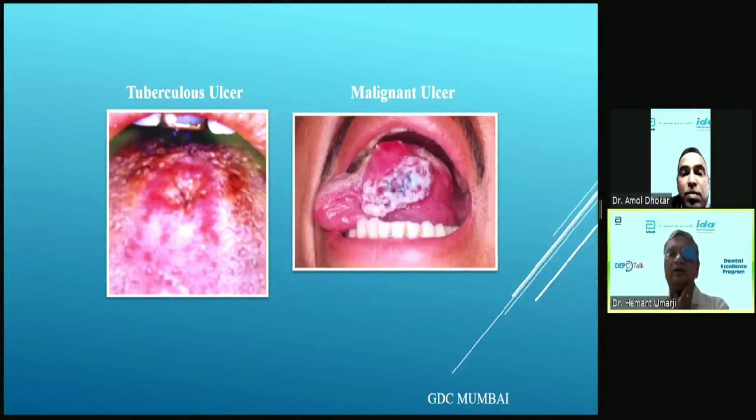Malignant ulcer, if you look at it, looks dangerous. Dr. Sarvera used to say that a malignant ulcer stares at you. As soon as you see it, you know that this is nothing normal. This is something very unusually abnormal. And the patient will give a history of tobacco, etc. Of course, this patient doesn't seem to have.